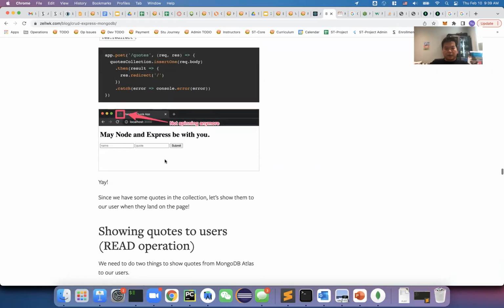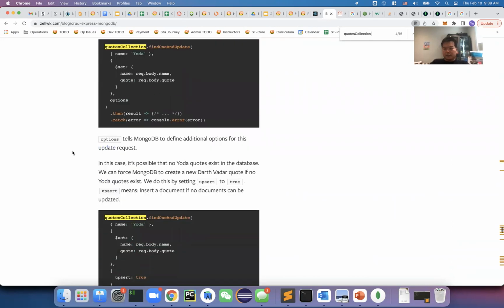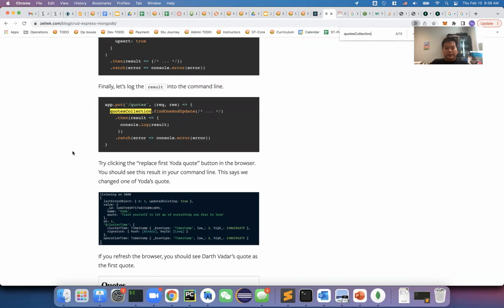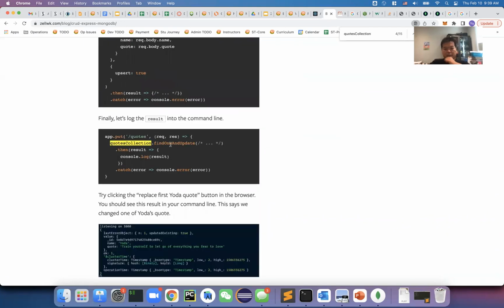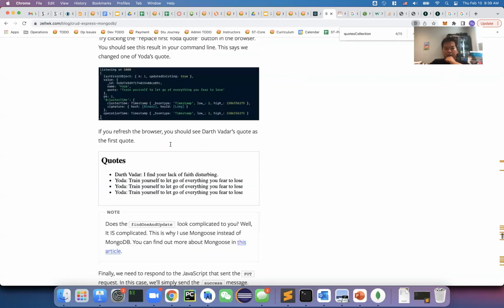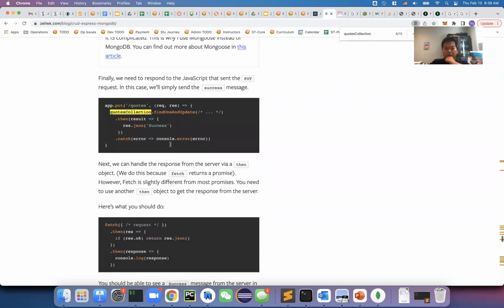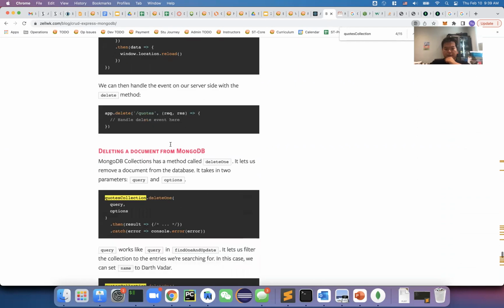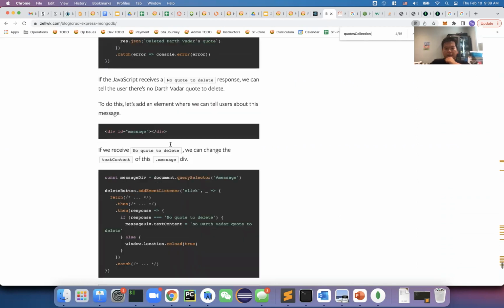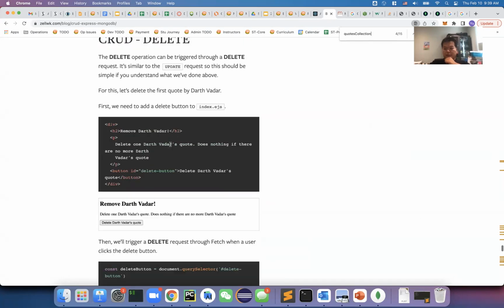Let's just search for the keywords, how we can use all of this. Okay, this is the find one and update. Find one and update. Why do they need that? Where is the search? So delete is easy. You guys can figure it out. But for search,